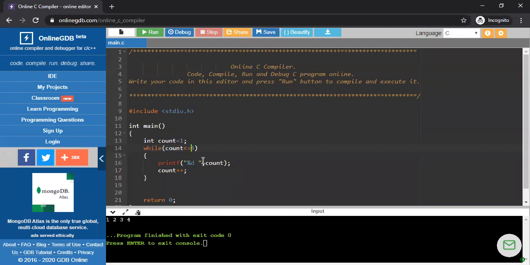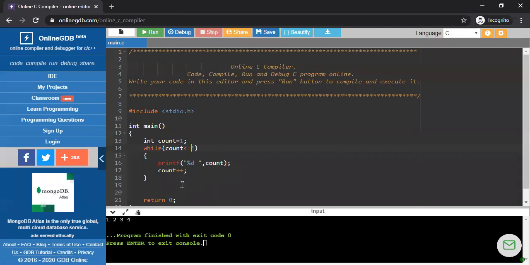We simply write less than or equal to. So when my count value is 4, it means that 4 is equal to 4. So this is also a true condition. Both the L value and R value are equal. Or you can assume that 4 is assigned to the count. Both are the same. So 4 is equal to 4. So now according to the while condition, this is a true condition. So one more time the compiler prints this value as 4.